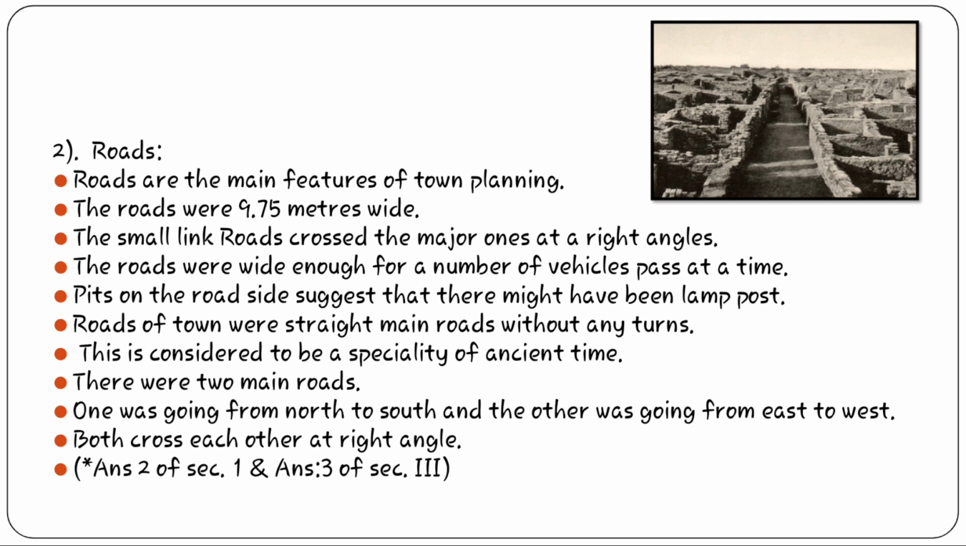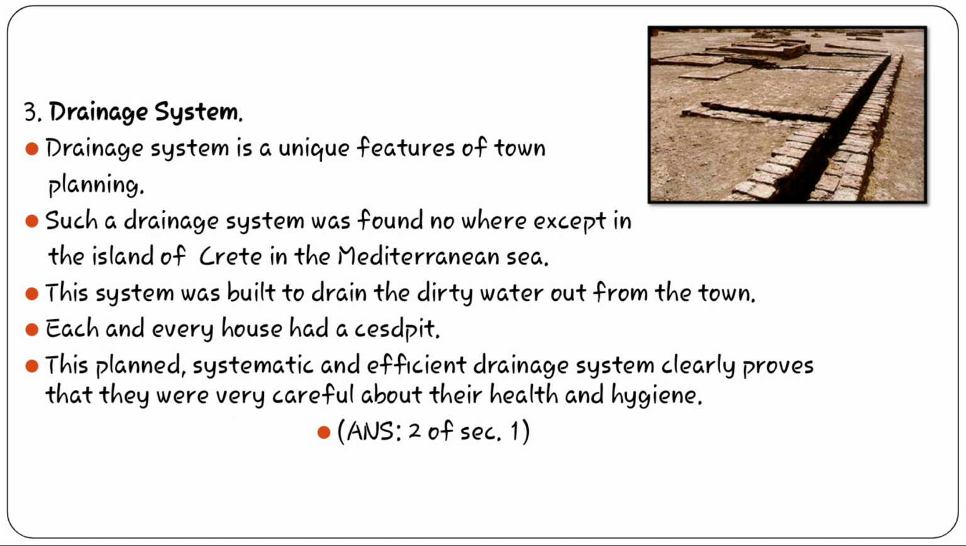Mohenjo-daro, what is the meaning of Mohenjo-daro? Heap of deads. And write about its roadways. Got the answer? The drainage system is a unique feature of this town planning system. Such a drainage system was not found in any other place in the world except the island of Crete in